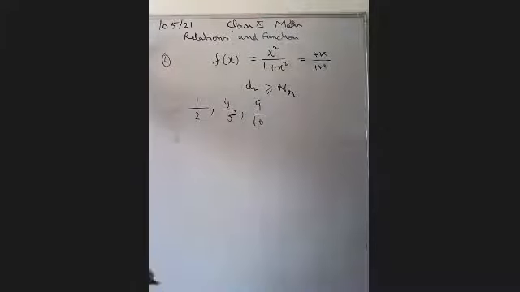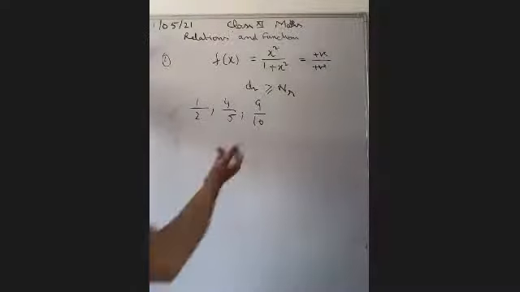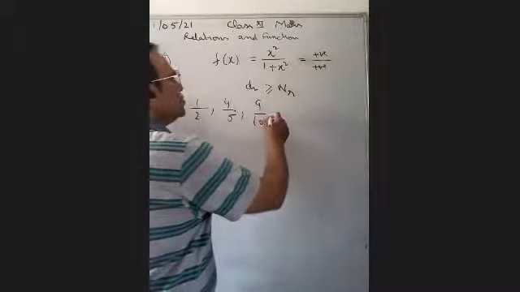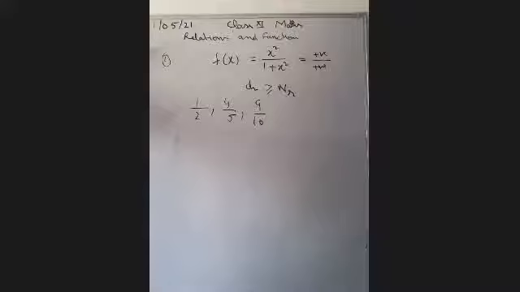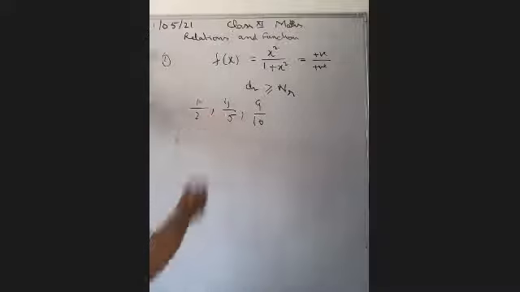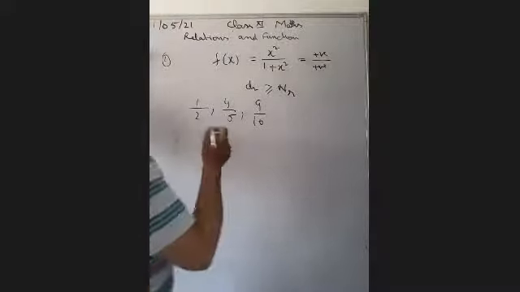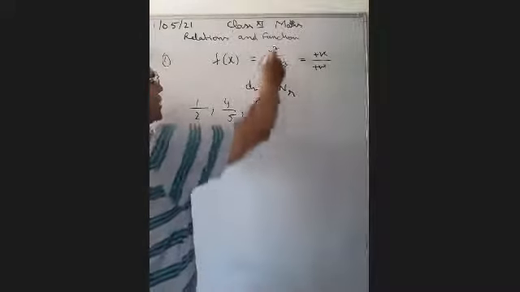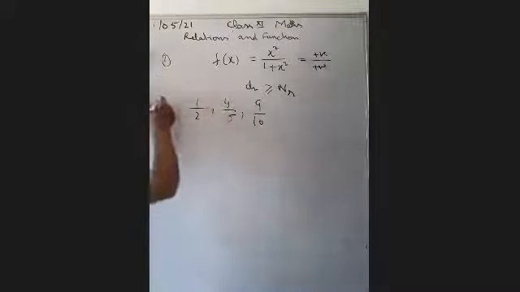Now the denominator is greater than the numerator, and you can take a negative value also. If you put a negative value, you will get the same answer. If you put x is equal to -2, then also you will get 4/5. If you put -2.2, you will get the same result in positive terms. So the denominator is always greater than the numerator. So we will get the minimum value if you put x is equal to 0, you will get 0/1.